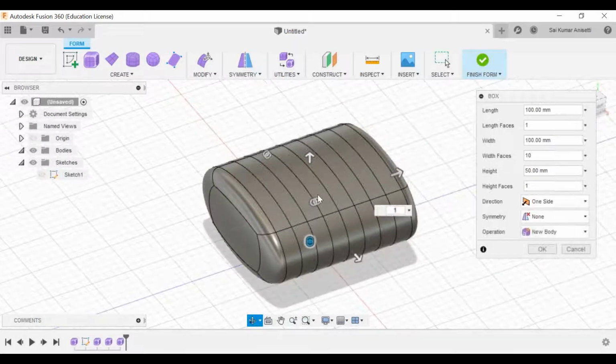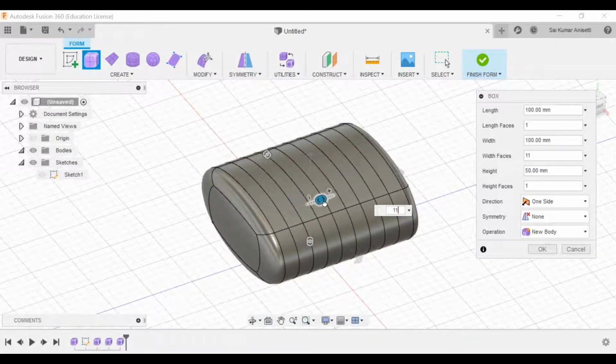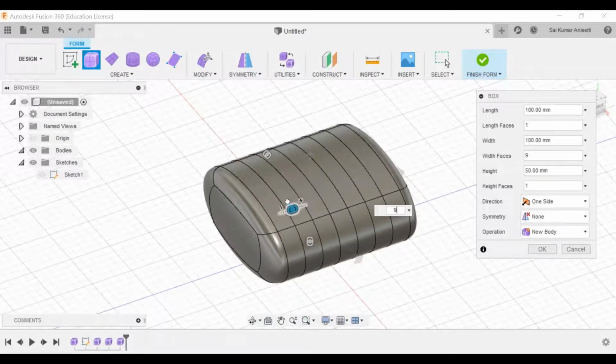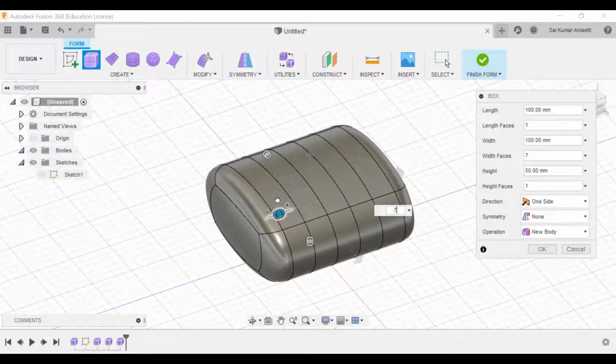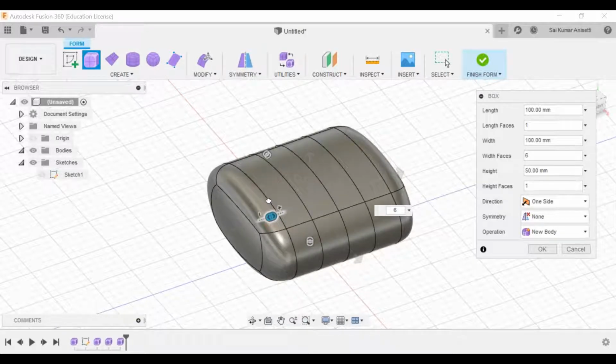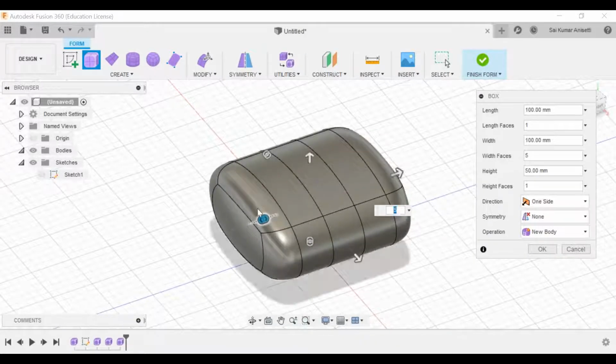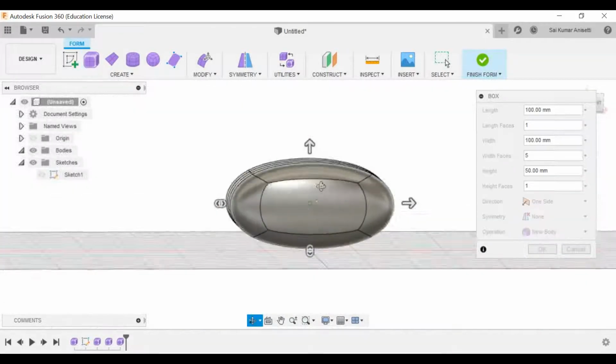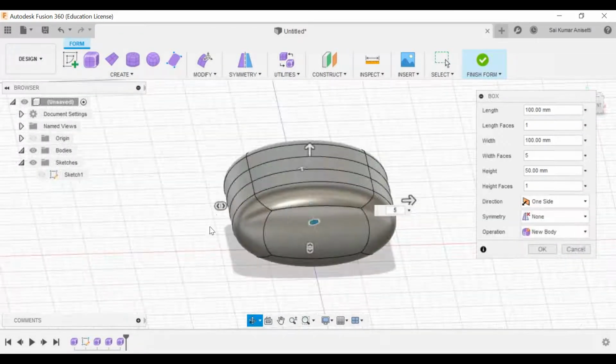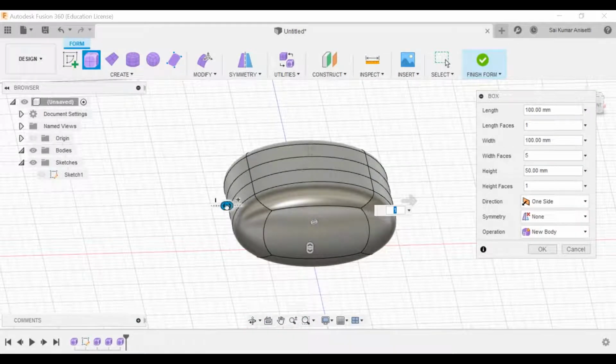So you have to play with these, and this is purely about your imagination. I cannot say that this is the right way to give the number of faces. Depending upon what you are doing, what you want to design, you have to decide whether you are achieving your shape or not. That is up to you.